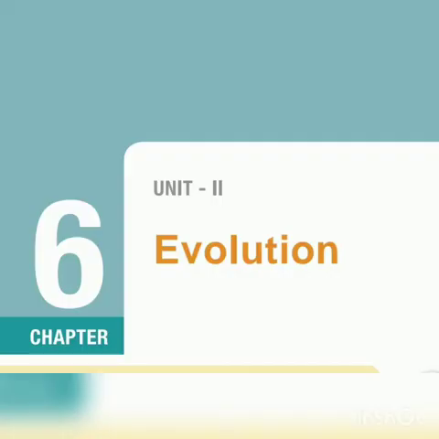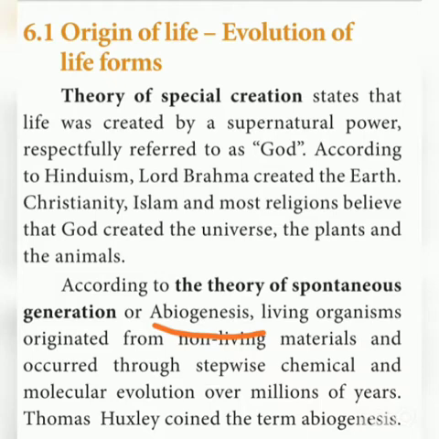And the next chapter is evolution. In evolution, you have to read all the evaluation questions, and then in the book insert questions, you have to go through the origin of life. That means the different theories for the origin of life: theory of special creation, theory of spontaneous generation, which is also called abiogenesis, Big Bang theory, theory of biogenesis, and theory of chemical evolution. So 2 marks will be asked. So you have to go through the different theories of the origin of life.